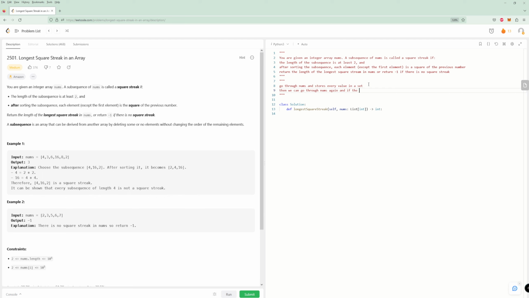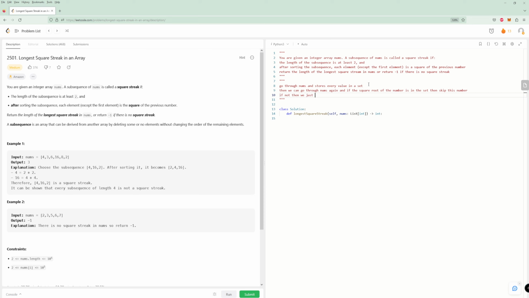Let's think about how we would want to do this. This is roughly the plan, and then we can figure out exactly how to make it better. But if the square root of the number is in the set, then skip this number. That's the best thing to do. Here we go. Perfect. Okay, so our plan is this,